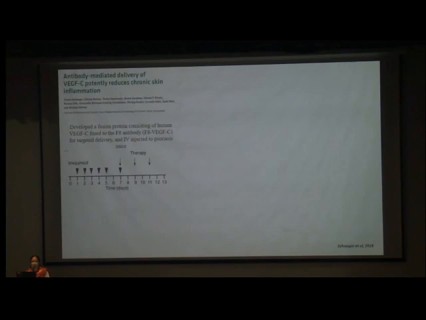Then just recently another experimental study showed a targeted therapy using VEGF-C. In this they made a fusion protein. VEGF-C was fused to the F8 antibody. F8 antibody is nothing but an antibody which binds to the fibronectin portion of an inflamed tissue. So this is targeted towards the inflamed tissue, and in another model of psoriasis which was induced by imiquimod,